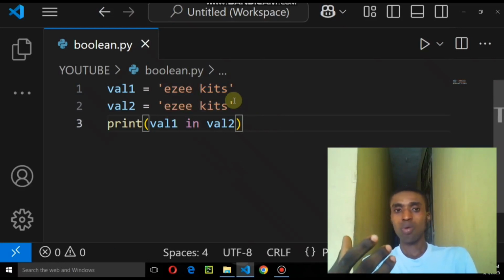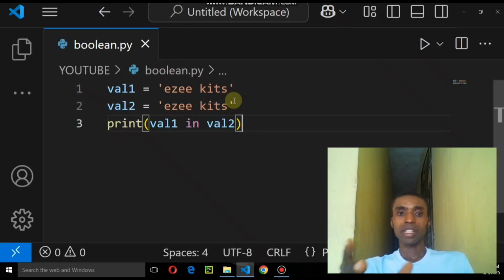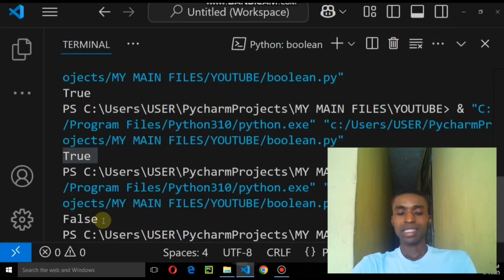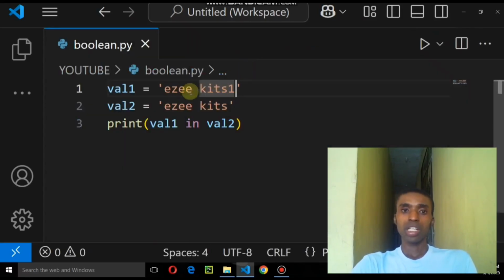We can also use this when we want to compare a sequence of data. Here it is a string, but we can also compare lists together. But you can see that this tends to have a limitation, because when I remove these Ezee kits and maybe put something like 1 here, let's see what is going to happen. You can see I got false, because when I said in, I'm checking whether everything here is inside here. This one here that does not appear there is going to be a problem when it comes to this matching